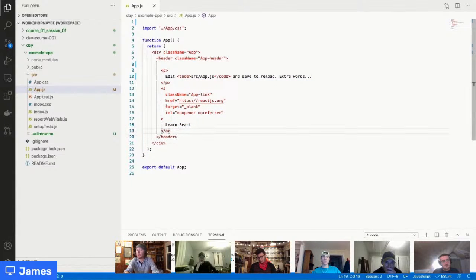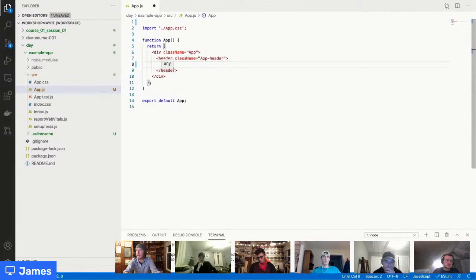I'm actually gonna get rid of everything, but I am gonna leave this HTML tag. This is a div tag with a class, and then a closing div tag here. If this idea of HTML tags is brand new to you, let's follow up, okay? I'm not gonna cover this too deeply right now, but just so you can kind of see, right? I've got an opening and closing div tag, an opening and closing header tag,